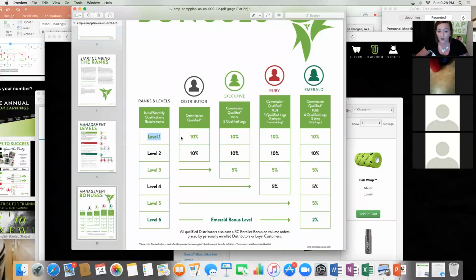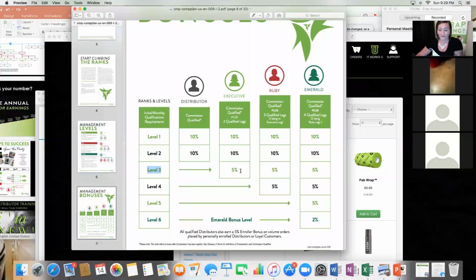So level 1 is going to be 10%. Level 2 is also 10%. So again, if you have 2 levels in your paycheck right now, see who's on those 2 levels and see if they're ordering or not ordering. Level 3 is going to be 5%. So think of a Ruby chart, which is going to be your first level, your 2 400 legs, and your executive is your 10%. And then the 2 levels under that executive, you're making 10%. And then anybody under that on the 3rd level is